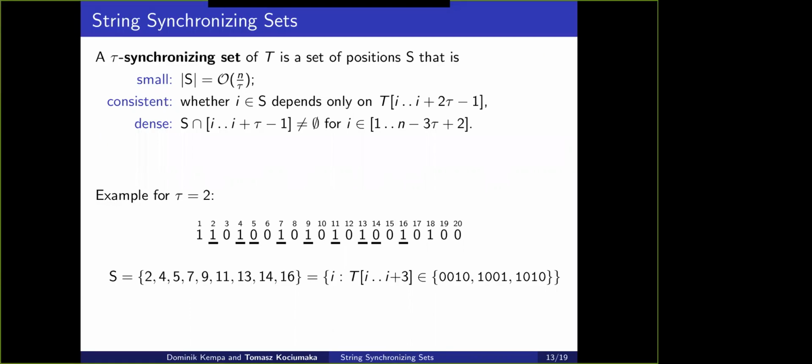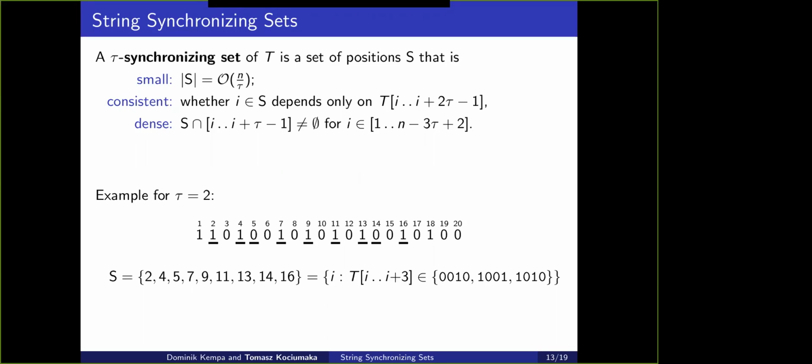So let's see how to generalize this to arbitrary strings. Now we need to come up with some replacement for the set of positions where 2 started. And for this, we define a notion of synchronizing sets. This is quite similar to the partitioning sets from Kempa's paper, and it's actually been inspired by this notion. It has slightly stronger properties. So you can think of string synchronizing sets as a kind of next generation partitioning sets, which are a little bit easier to operate, and those differences turn out crucial for BWT construction, and also useful for LCE queries, but not crucial in that